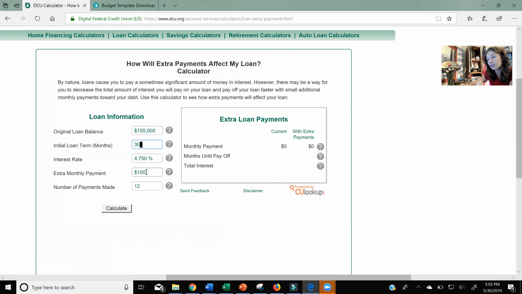And then this is, do you plan to pay an extra amount on your house every month? We are going to use that later on. So it doesn't let you put 0, so just put $1 for now. And then how many payments have you already made? You have made 0 payments. And that again will not let you put 0. So just put 1 for those. Don't calculate in extra monthly payments right now unless you really want to. But we are going to calculate this later using all different extra payments per month to see what we get.